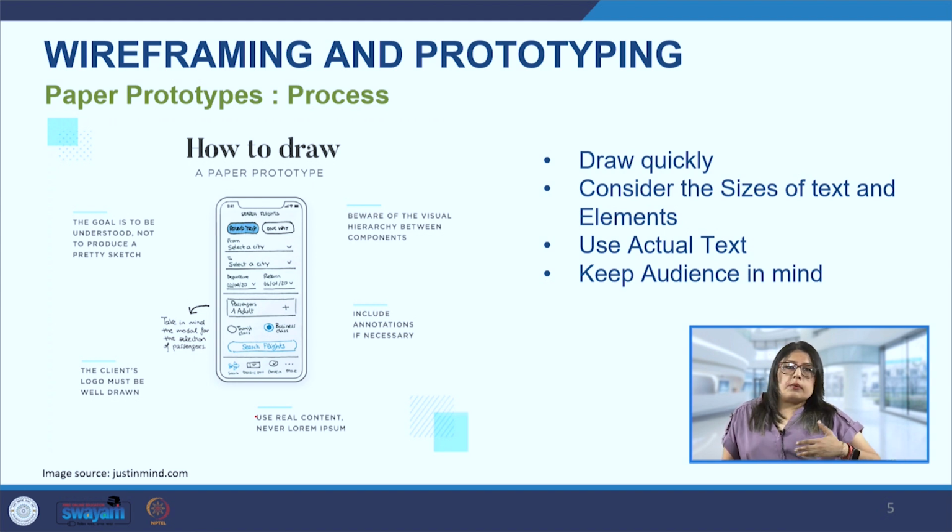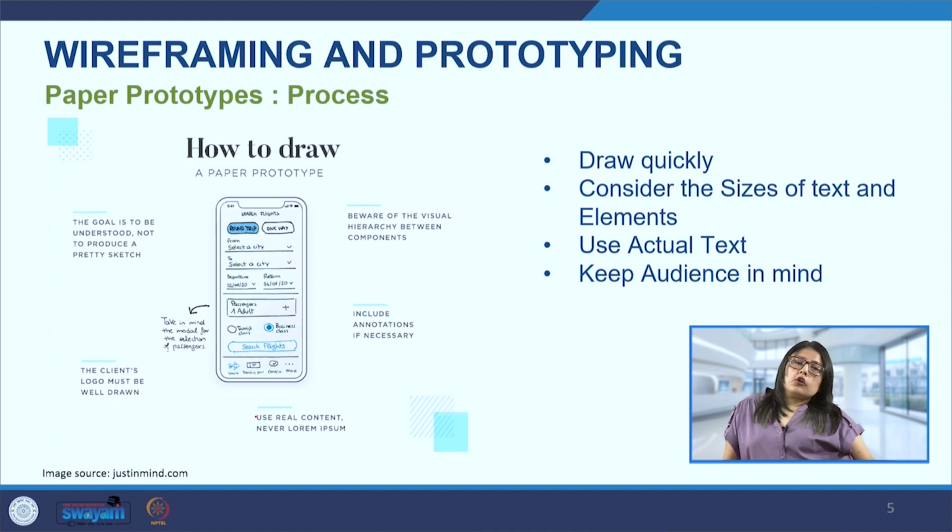Now, for the basic prototype or the initial prototype, we usually use lorem ipsum, which is the mock text, which just shows us the place where the text will come. So, of course, that does act as a placeholder, but when we are getting this prototype tested with real people, then it is always a better idea to use the actual text that will be coming in that location rather than using the lorem ipsum, because the connectivity between the application and the user, we will probably lose that, and we will not get the real feedback from the user. So it's always a good idea to use the actual text that we are planning to use in our application.